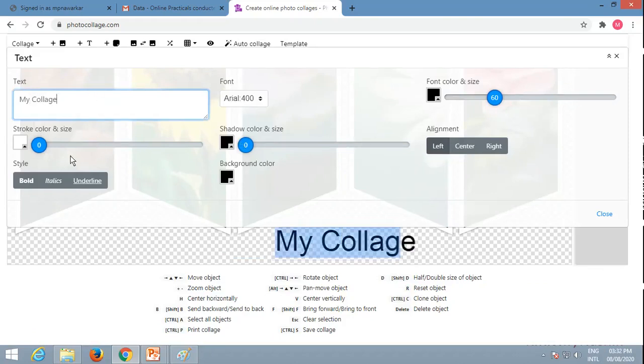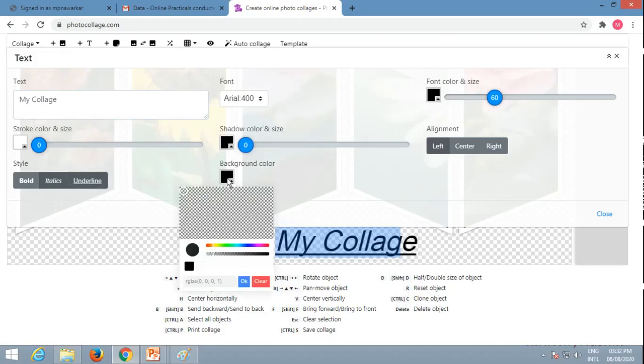Then see, there are some specifications that which color you want, which style you want. See, it is going to change. Suppose underline. Like this, you can give the font, background color, like this. So you can do such a type of changes here.